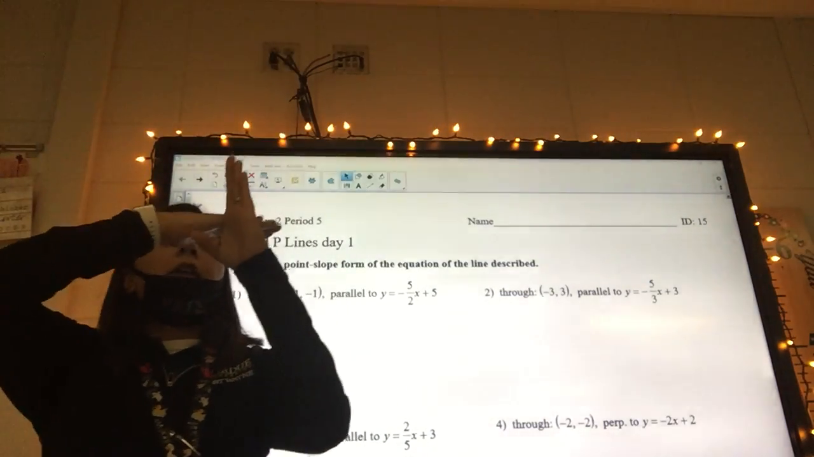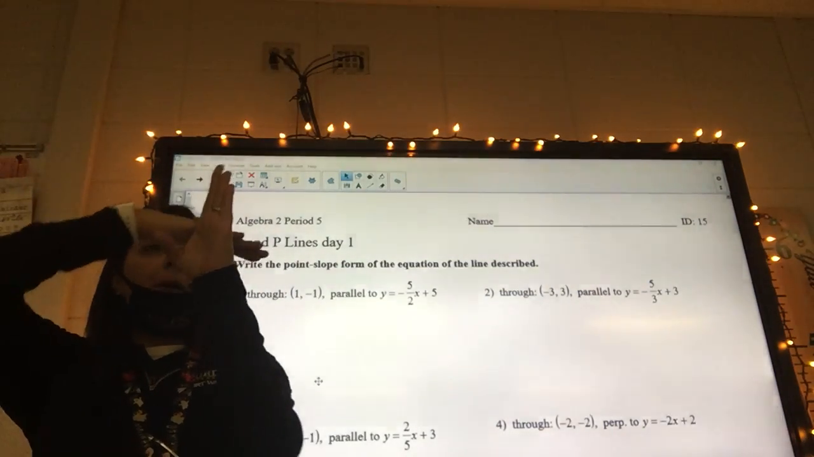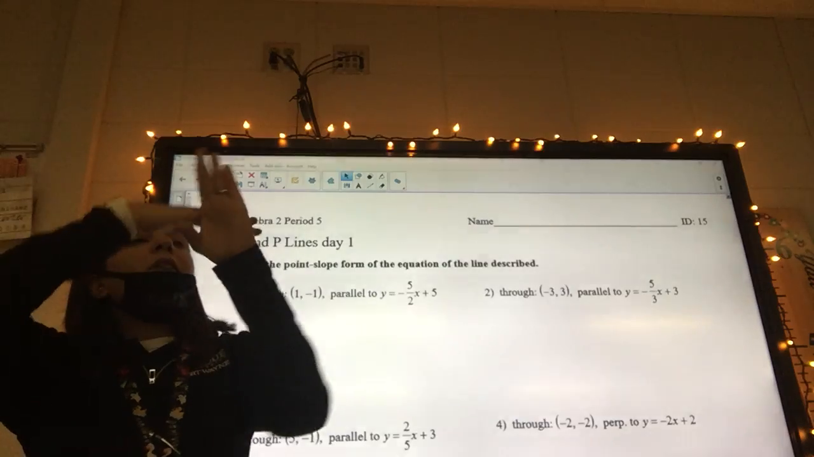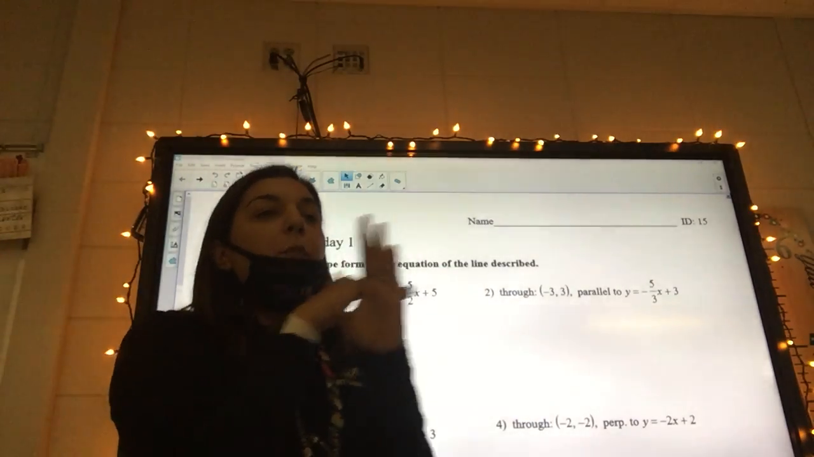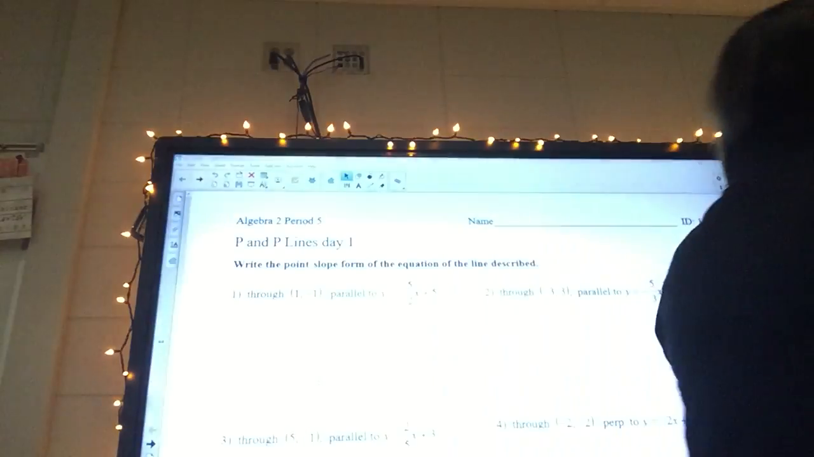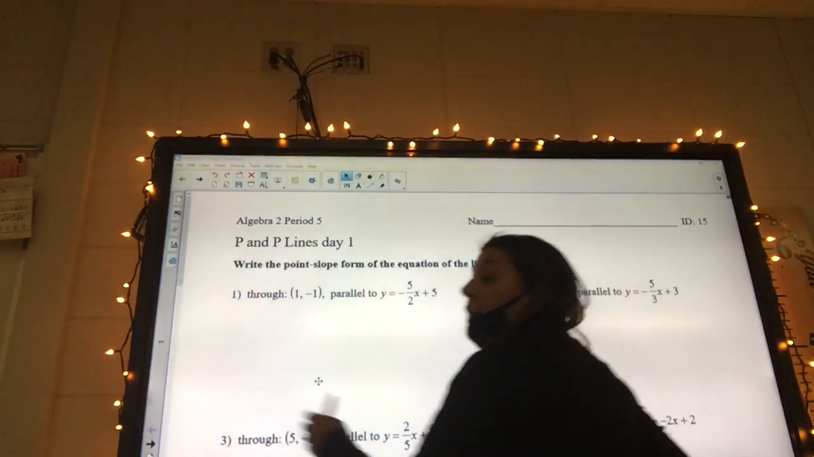Intersect, okay, and they kind of make an X marks the spot. It might be this way or this way, but they intersect at exactly only one spot, and they intersect at a 90-degree angle. Okay, so on these, we're given